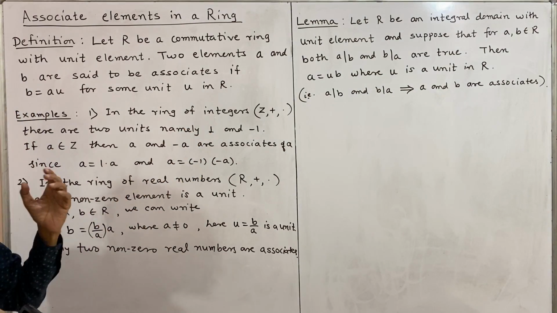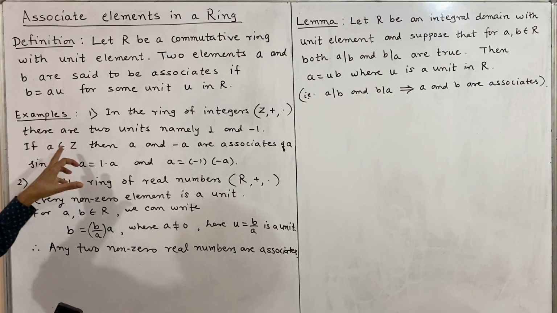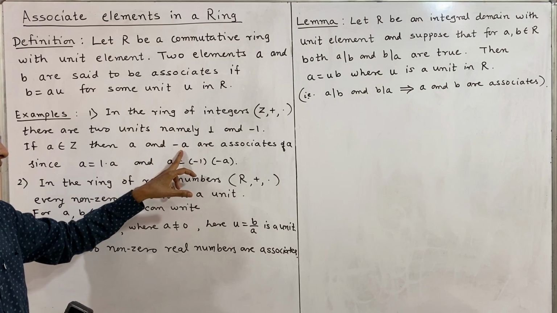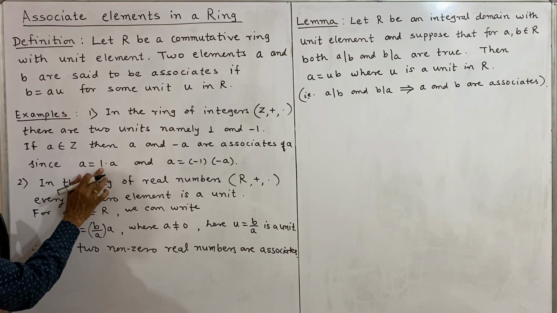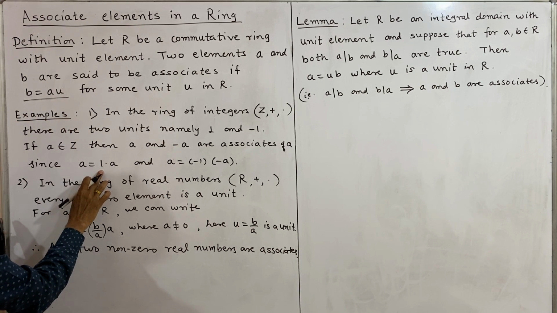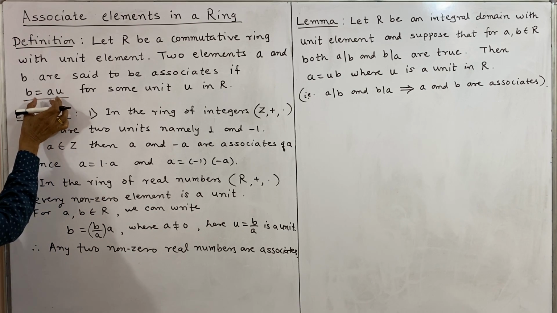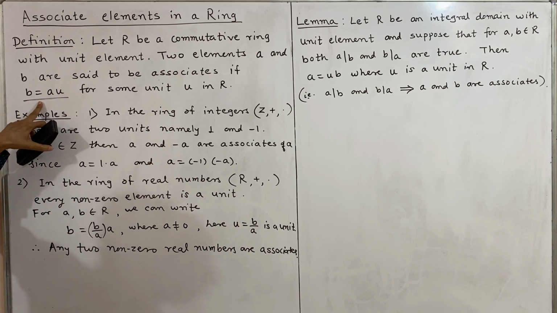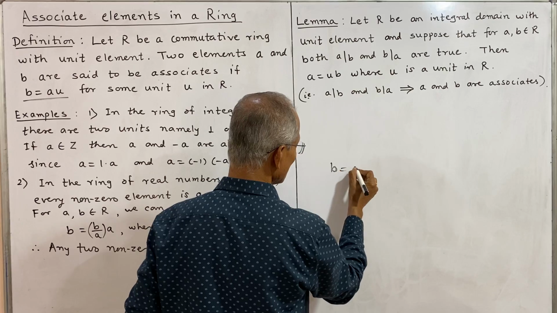Therefore, what will be the associate of an integer in the ring of integers? If you consider A as an integer, then its associates will be A itself and negative of A, because we can write A as 1 into A and 1 is a unit. That means it is written in this form, B is equal to A into U. Here U is 1. It is commutative, so it can be written as B is equal to AU or UA. And if A and B are associate elements, then we can write B is equal to A into U, or